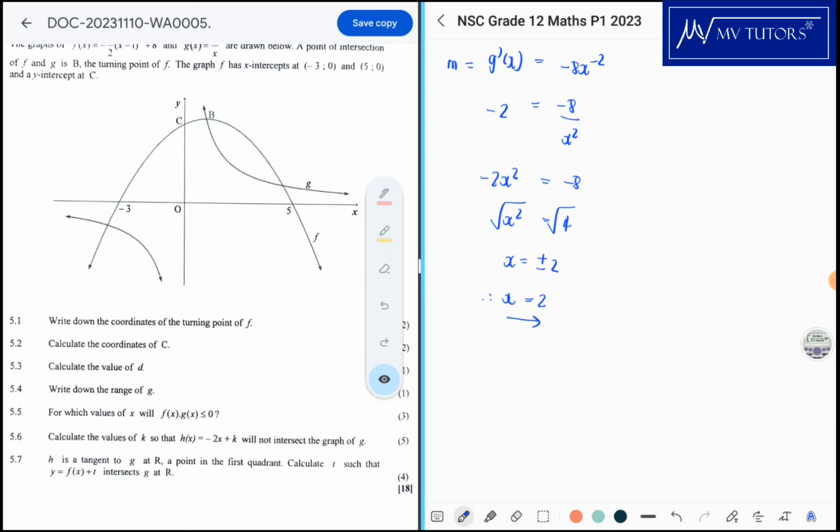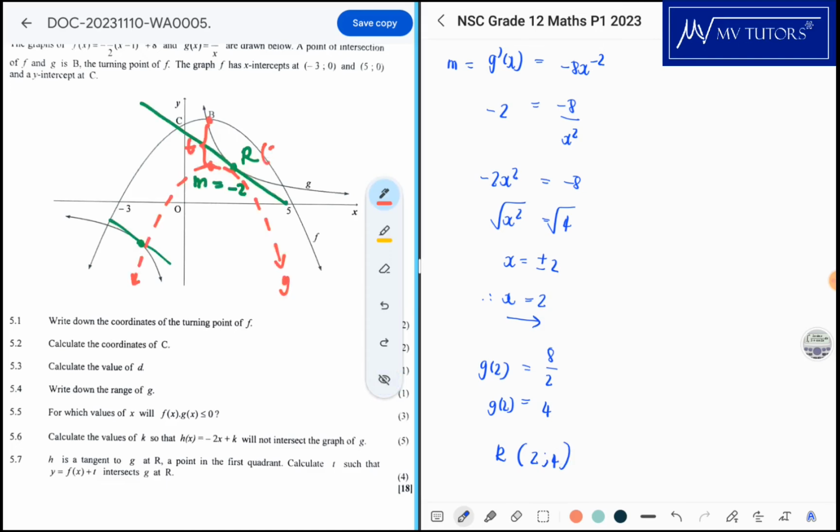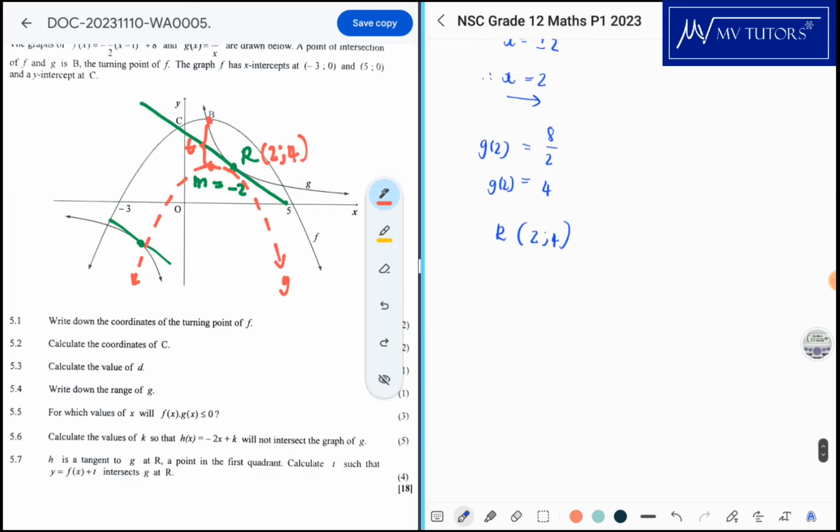Now, what is the y coordinate of R? Remember, R is on the graph of g. So if I put there 2, and I say 8 divided by 2, I get 4. Okay? So now R, the coordinates for R is 2 and 4. Okay, so that's great. I know what R is. I know the point is 2 and 4. Now I go to my equation. y is equal to f of x plus t. And what is f of x? f of x, remember,